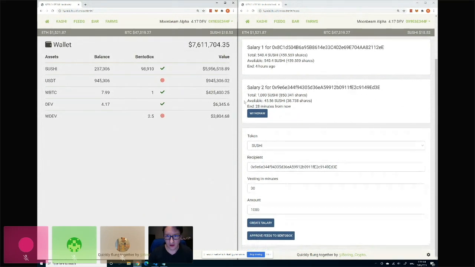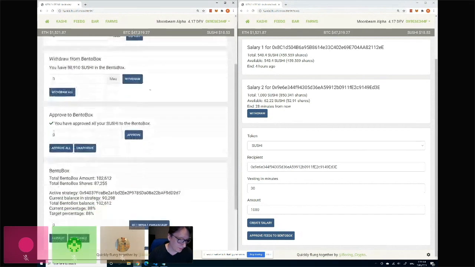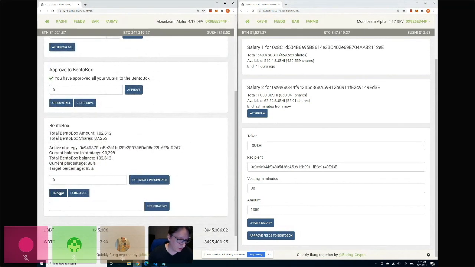And here we see our salary has been created. And so what you can see here, this is now 1,000 sushi that I've just locked up. That's going to be vesting in the next 30 minutes. So normally that would just be dead tokens that are not working. Same as in the bento box here, I have 98,000 sitting there. It's not doing anything. But now you can see if I actually harvest the strategy,